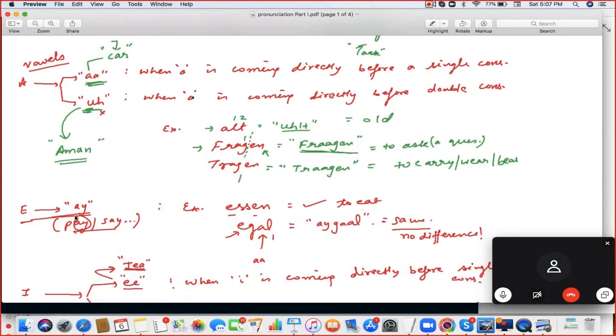Then next is the E sound. In mathematics there is one word called area. Area of a rectangle. So the A sound in area, the first A, like the word payment or bakery, that A is the sound of German E. So speak this example, SN. Listen. The A sound like the word area.